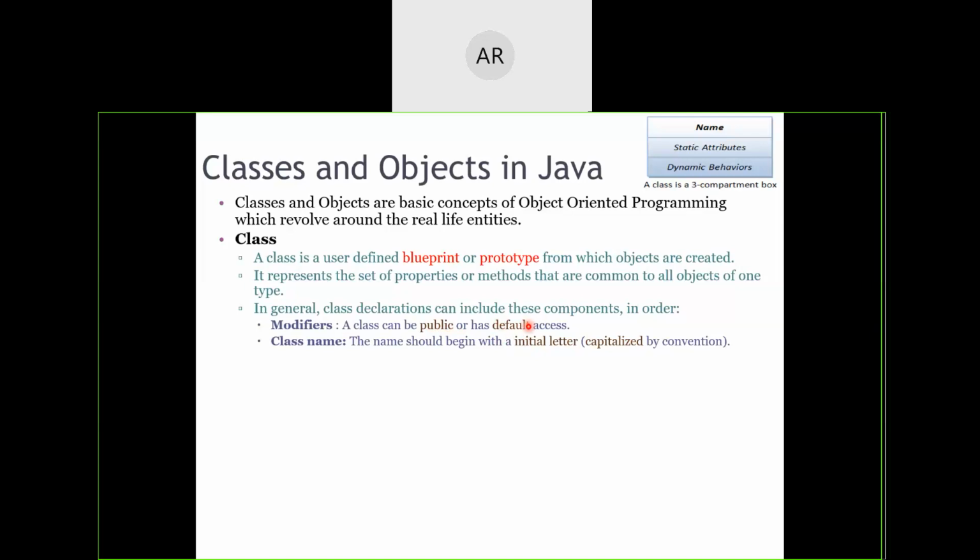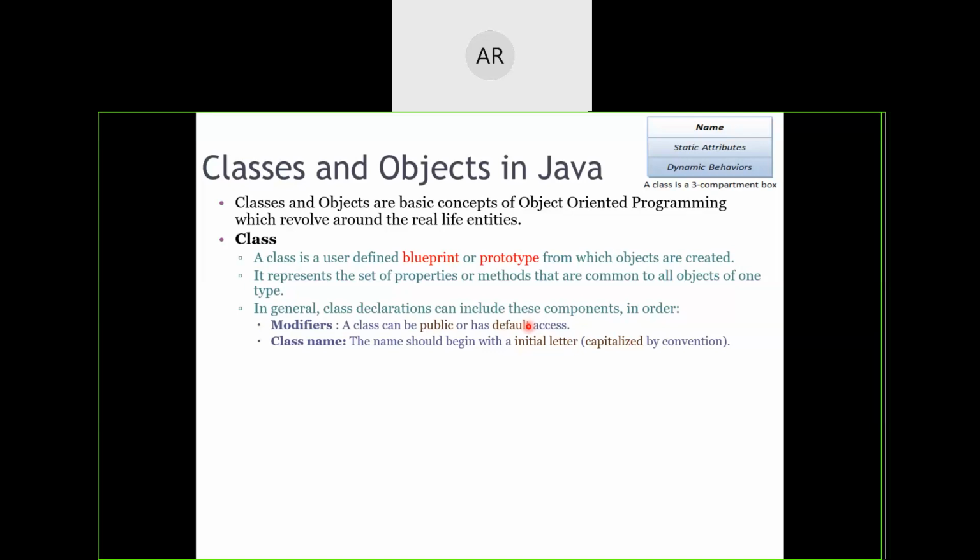You will not even write the default keyword. It is understood that if nothing is written before the class name, it is a default type. Just like in C++, if we don't write anything before the class definition, it was considered private in nature, right? But here it is considered default in nature.